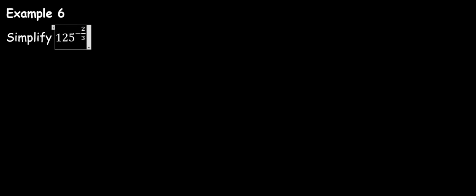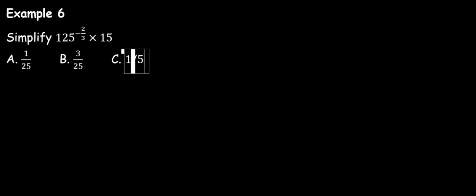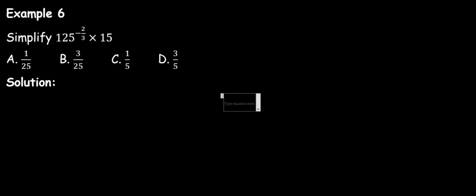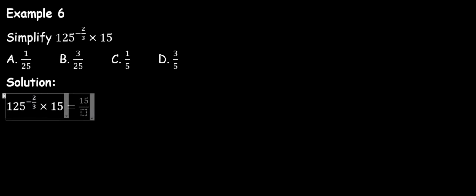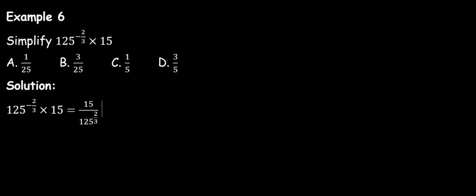Another example. Simplify 125 raised to power minus 2 over 3 times 15. The options are A, 1 over 25, B, 3 over 25, C, 1 over 5, D, 3 over 5. Solution. 125 raised to power minus 2 over 3 times 15 is the same as 15 over 125 raised to